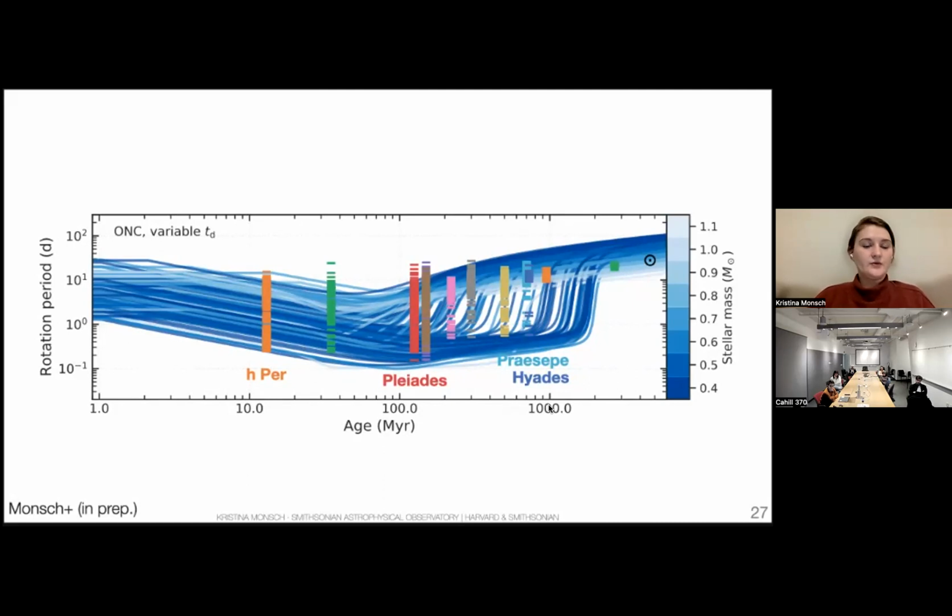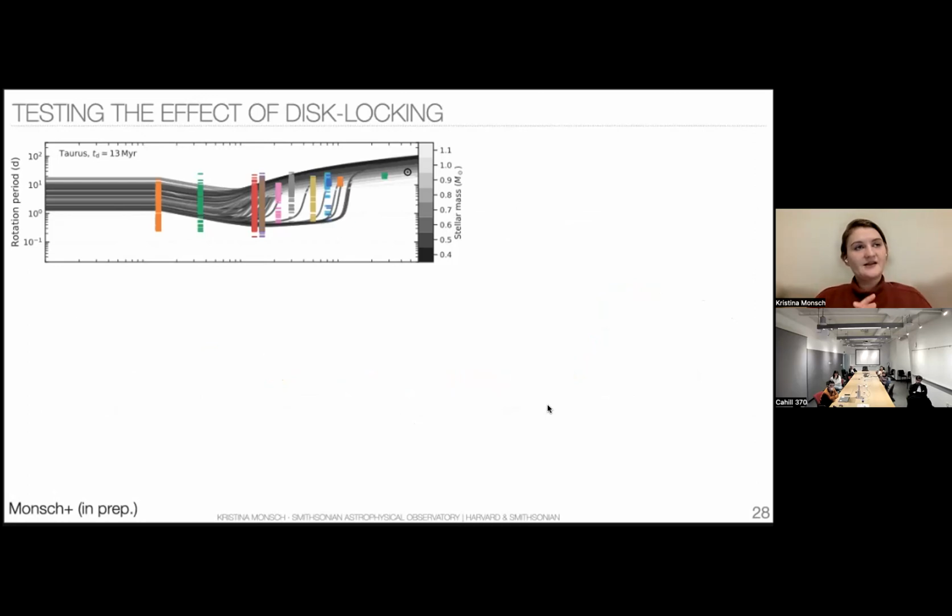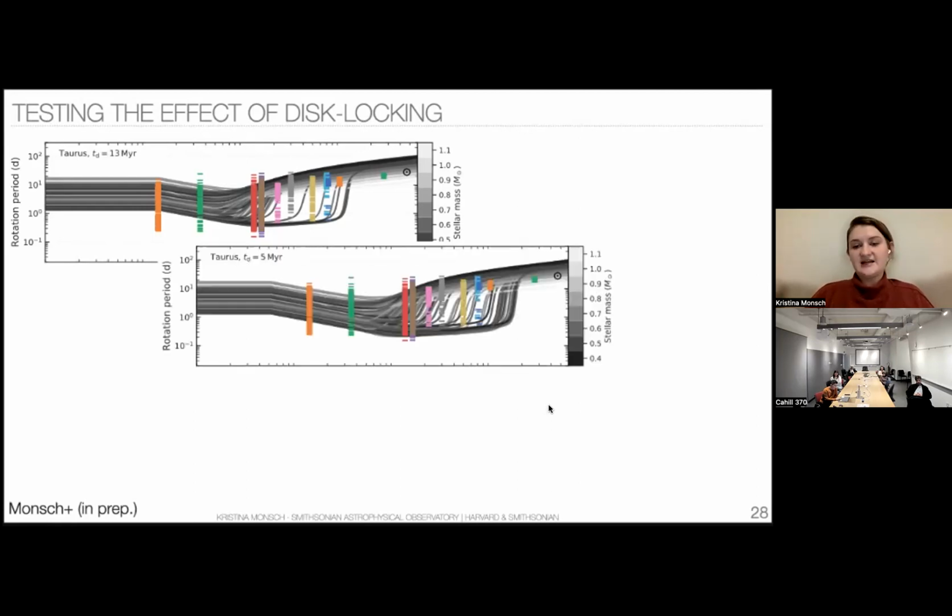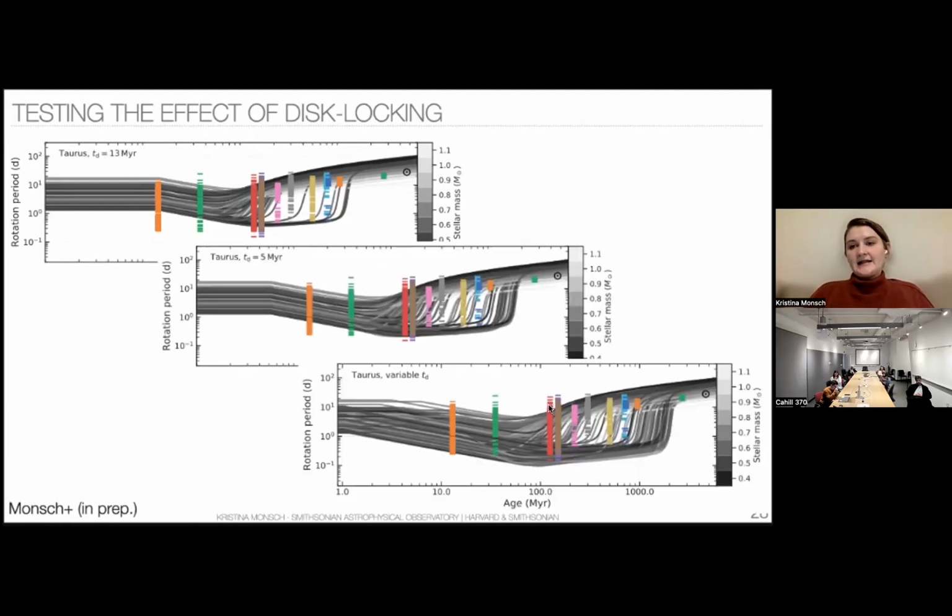But if we, for example, test Taurus, because the ONC is a very special star forming region, it has lots of massive stars, right? So you have a strong UV radiation field. But if you go to a more low mass star forming region like Taurus and do the same thing, we more or less obtain the same result. And what we can then do is to